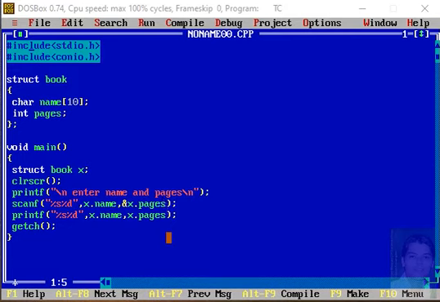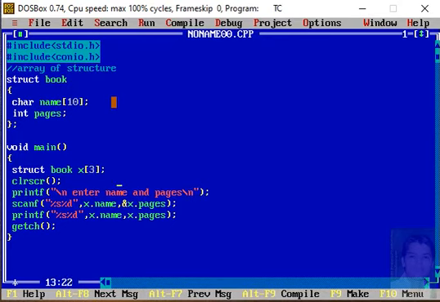We will modify the existing code and check how to proceed with the array of structure concept. Let me comment one line here: it is array of structure. Now I modify x with 3, since I want 3 books.